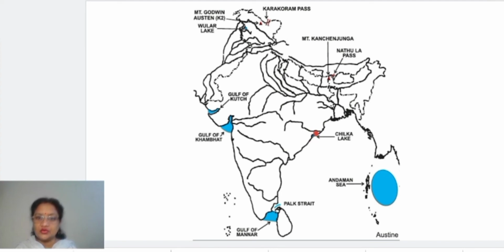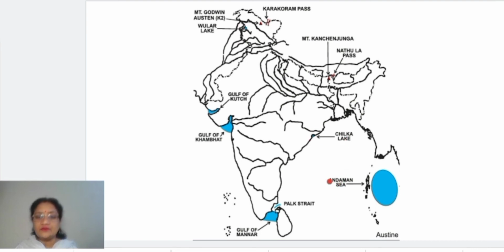This part is very close to Mahanadi River. So this is Chilka Lake. A cut is there in the coastal plain, the eastern coast of India, and it is lying in the northern Sircars, very close to Mahanadi River. You can see here. This is actually Chilka Lake. Clear now? Now after this, children, these two lakes we have done. One was Wular Lake and the other is the Chilka Lake.